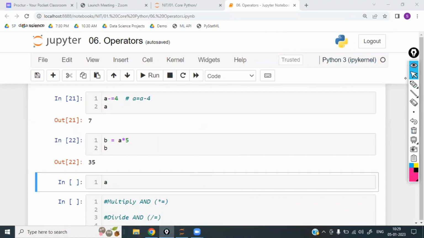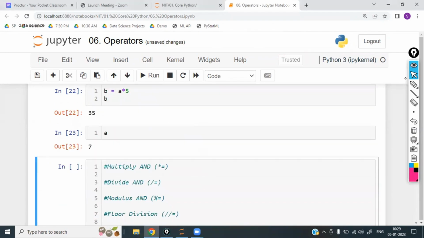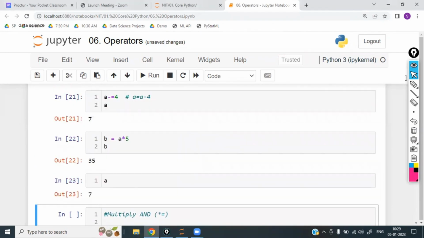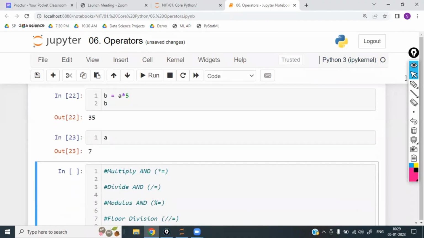Right? So now what is the b value? 35. What is the a value? 7. It will be 7 only. It is not going to change because b is the new variable. You have not changed the old variable. Is that clear? So like this, we have plus equal to, minus equal to, into equal to,